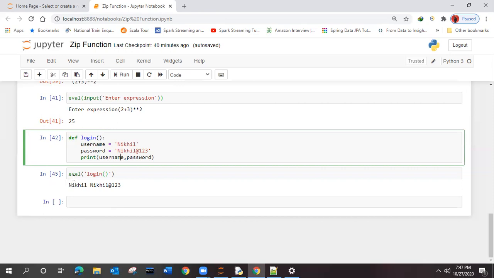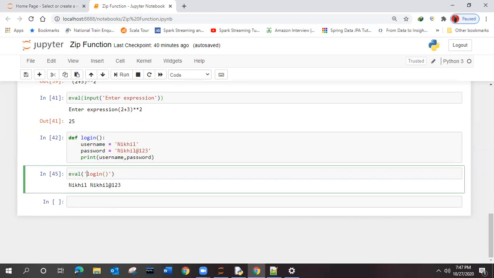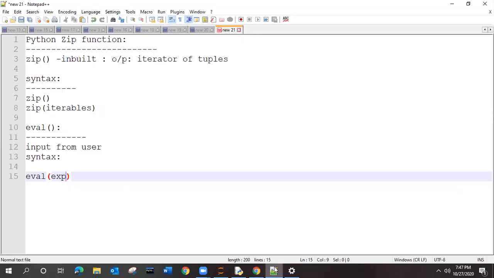You can directly give the expression here, like that list and index example you have seen. So this will be your solution for the evaluate function. Now at least you can tell what evaluate is and what the difference is.